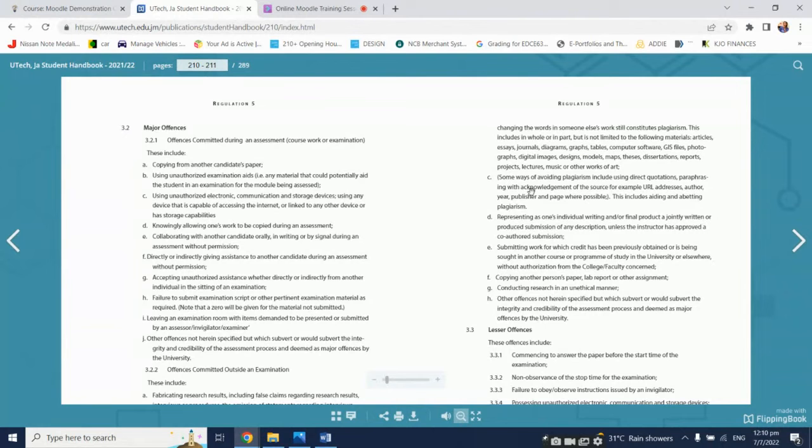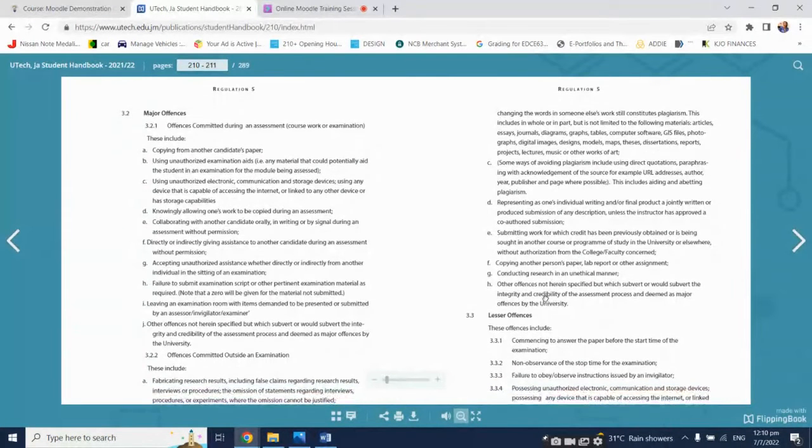It says some ways of avoiding plagiarism include using direct quotations, paraphrasing with acknowledgement of the source, for example, URL addresses, author, year, publisher, and page where it is possible. It goes on to say representing as one's individual writing and or final product a jointly written or produced submission of any description, unless the instructor has approved a co-authored submission. So these can be found on pages